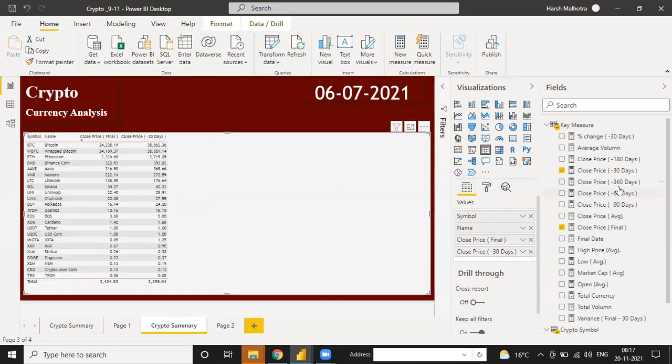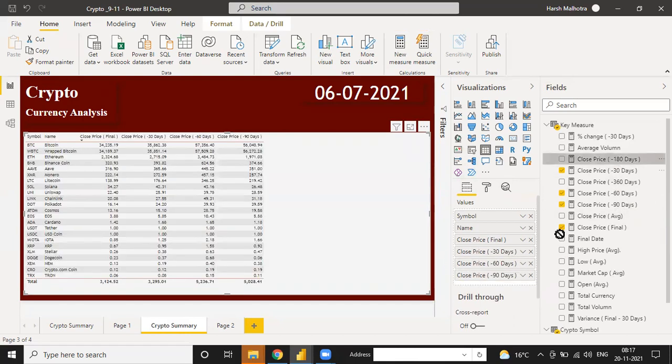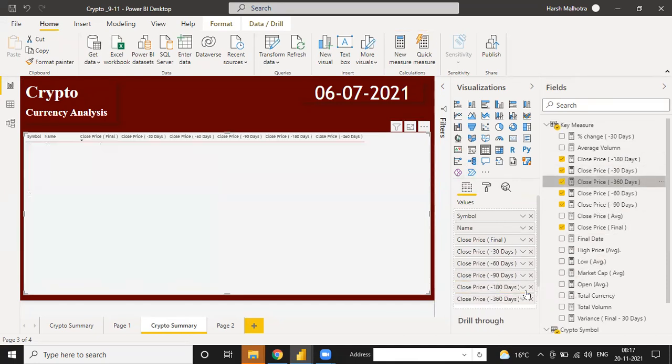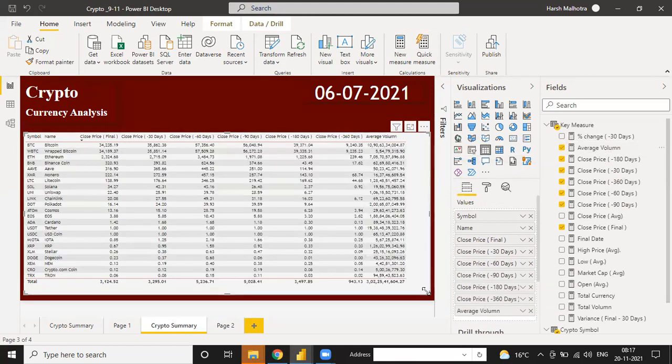I remove the percentage. So instead of 30, right now it's 60, 90, 180, and 360. So this is your complete range wise price: the close price, final 30, 60, 90, 180, and 360. And at the end, you are using this average value. So your complete table is ready.